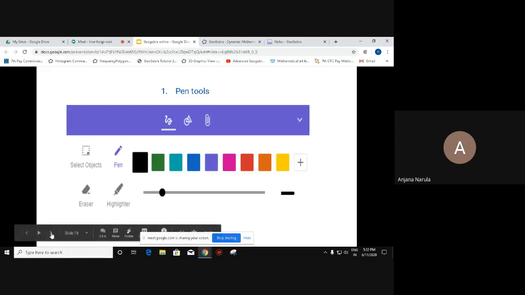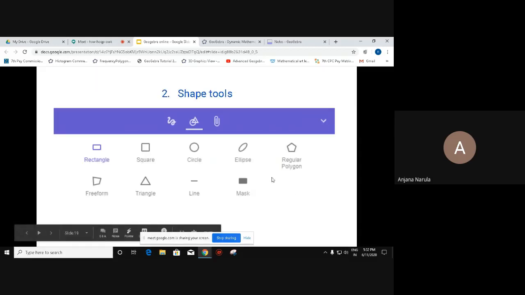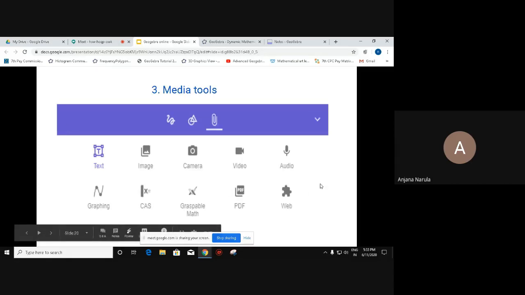Then after pen tools, we have shape tools. These are the basic shapes which we require, especially in teaching. And from these, we can make the figures. There is another option, mask, which is used to cover it. If we are not comfortable making the figures while teaching simultaneously, we can create them all previously and mask them, and we can unmask them while teaching. Masking is just to cover the previous preview. And then in the last we have the media tools, which are very powerful tools.